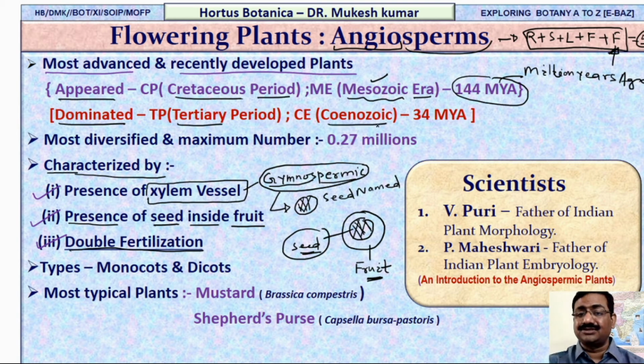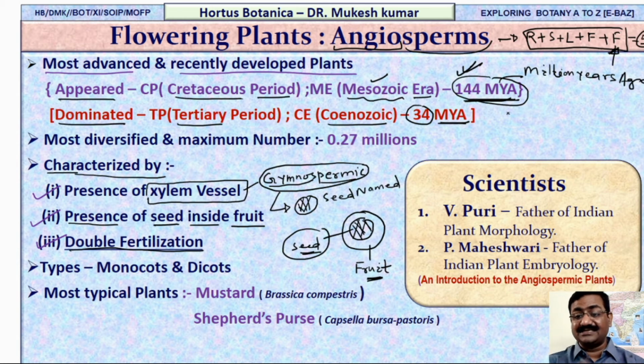Fine, and that Cenozoic era is about 34 million years ago, right? So this is also important for your origin and evolution of organisms. In class 12 we will study it, and a question may come about when the angiospermic plant came. When the angiospermic plant came on the earth, that time was 144 Mya. Remember 144 Mya? When it was 144 Mya, that plant came.